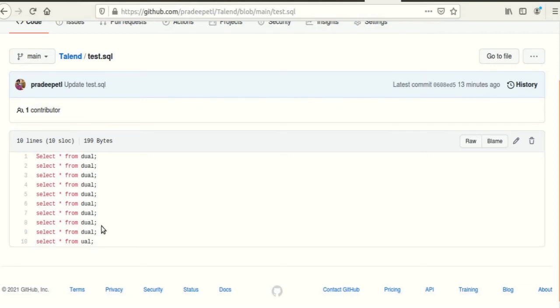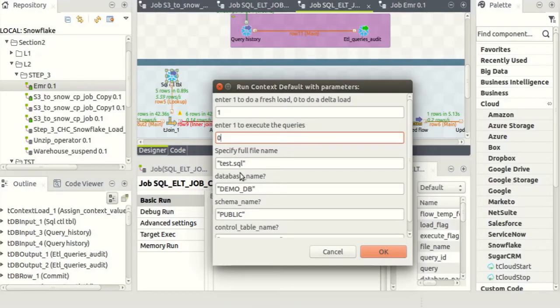While deploying this set of queries, if you have missed any semicolon, you will be in a position to check what you have missed by looking at the control table. Say there are 100 queries in GitHub, and if you have missed anything, you can easily check in the control table. So before going for the execution, if I keep it 1 and 0, what it will do is